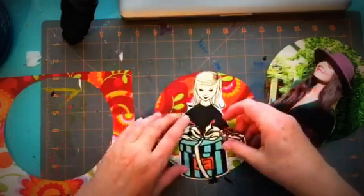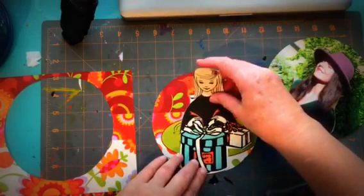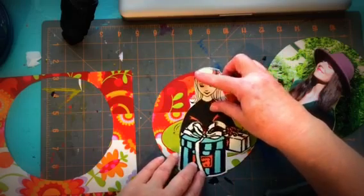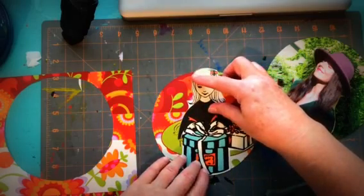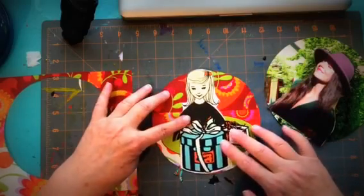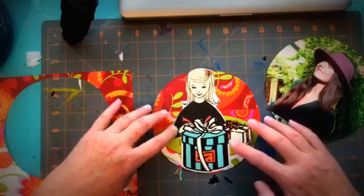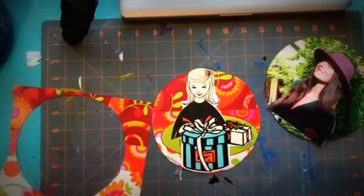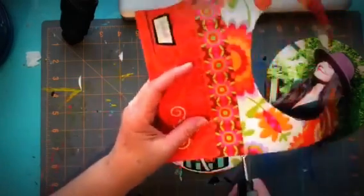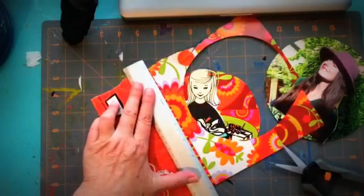All right, so here are the gifts, and I still have some of this showing. There's really no way to not have it show. So I think what I'm going to do is come back in with some of this, and I really want to tear it. One thing that I really had fun with when I first started doing journey circles,